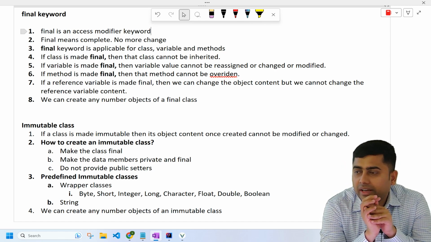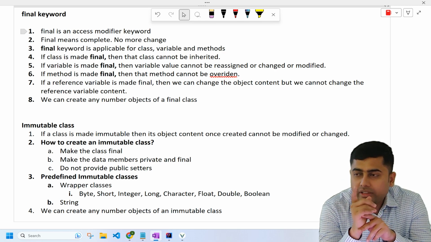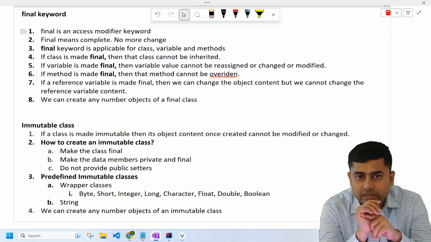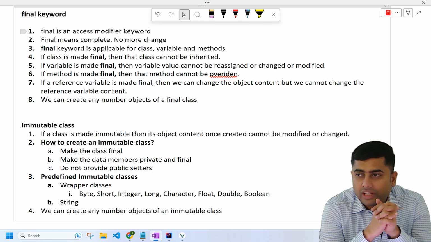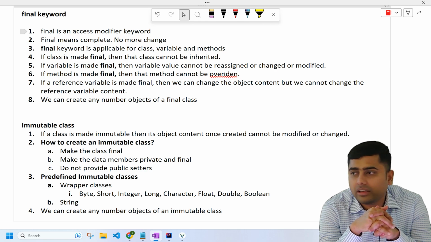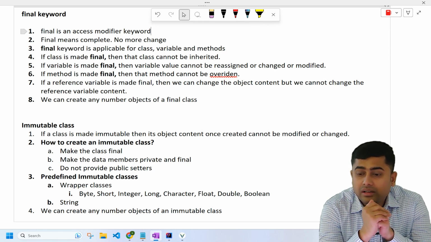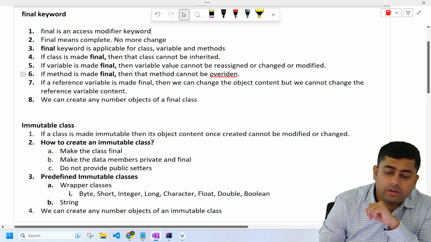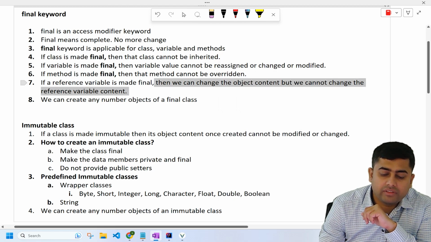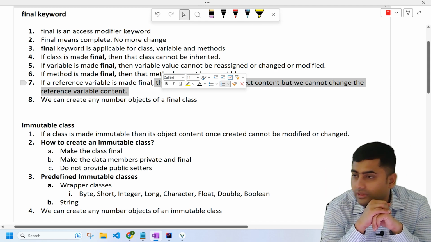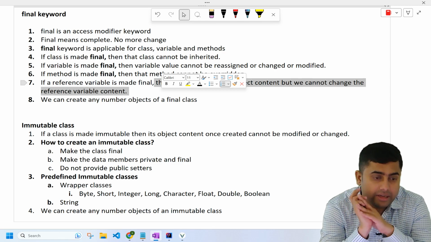If I use final keyword on a class, then that class we cannot extend. If a method is made final, we cannot override the method. If a variable is made final, then we cannot reassign the value. If we make a particular local reference variable or any reference variable as final, then we can change the content of that particular object. We can change the content of the object, but we cannot change the reference variable content,